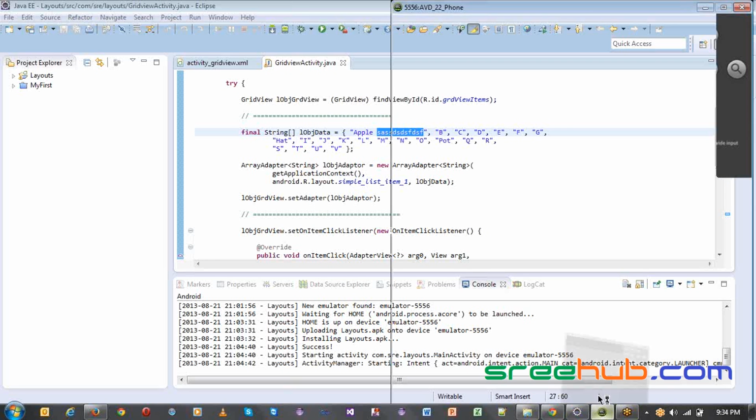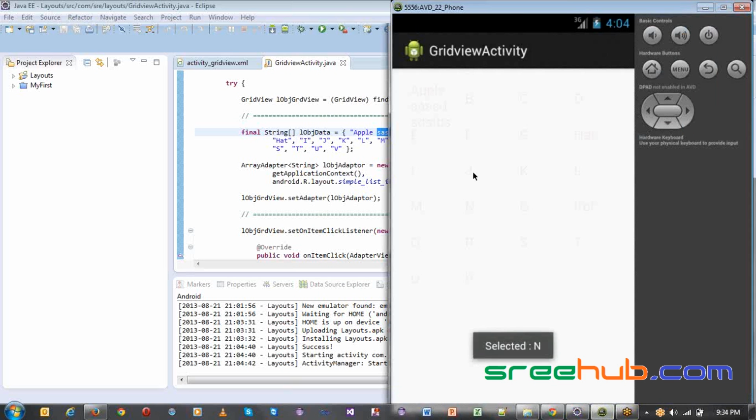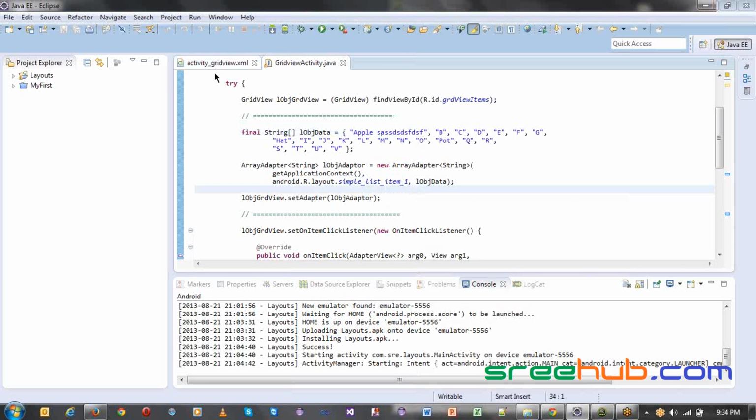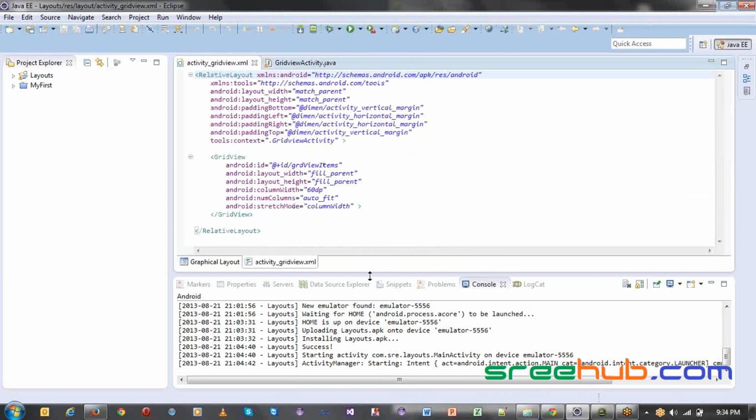We have seen something on grid layout, right? Something where you can actually arrange things in a grid manner, right? So that was a grid layout, and it will be arranged automatically, right? We have seen this part, both the XML part and the grid view class, where XML is something which is